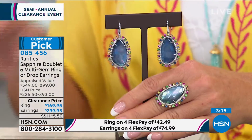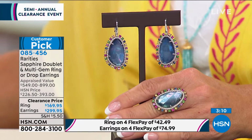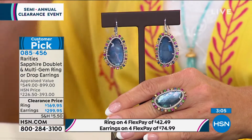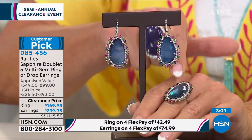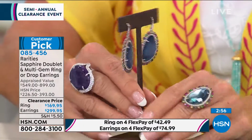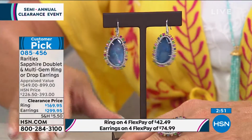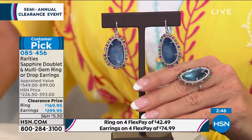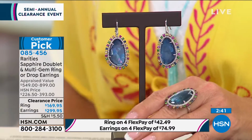These are customer picks. So I'll start with the ring, which we are offering right now in sizes, I wanna say 5 through 10, but let me double check on that. These earrings, at 10 sold out. So we have 5 through size 9. The earrings are available. They appraised at $890. We offered them here at HSN at $393. They're $299.95. So boom, right? What we're looking at, almost $100 off instantly,